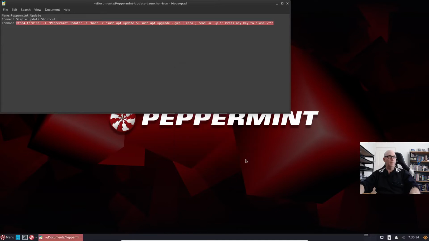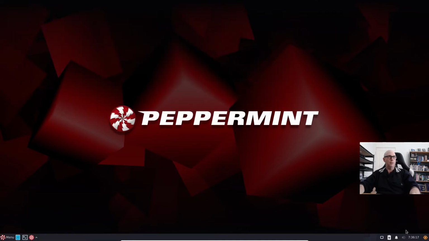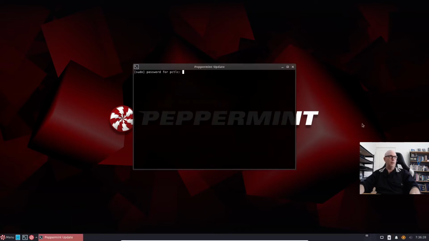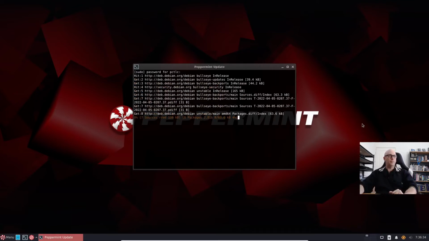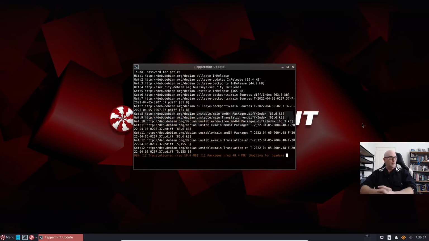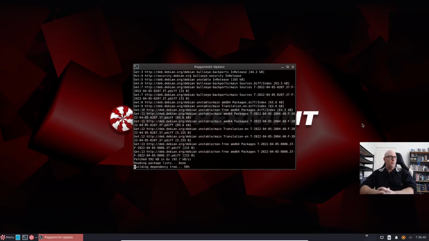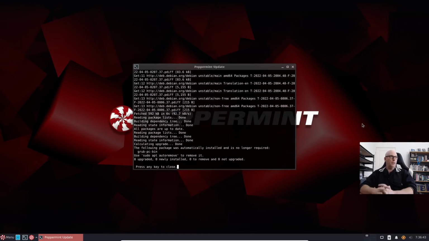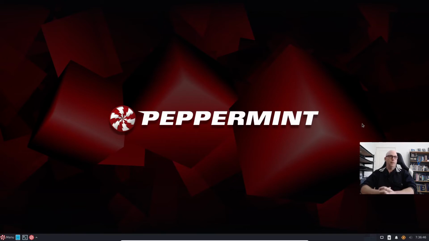So we can now close that, close that. I cannot remember whereabouts it was here, but it might have been around here somewhere. Let's put it there. And let's click on that and see how we go. So put in my password. Press any key to close. And done. So that's adding a new update manager icon to Peppermint when your icon has probably been maybe accidentally